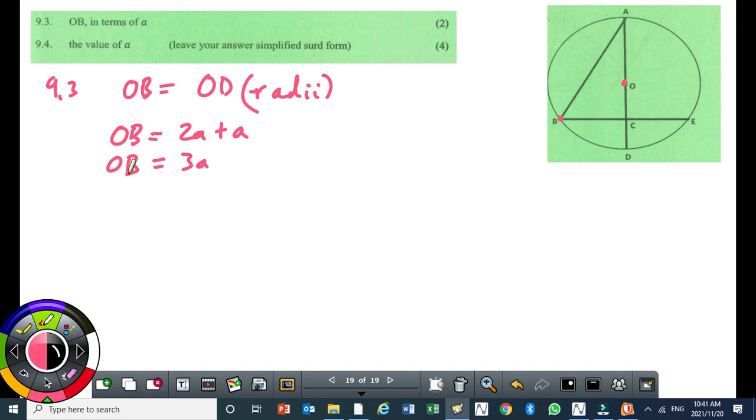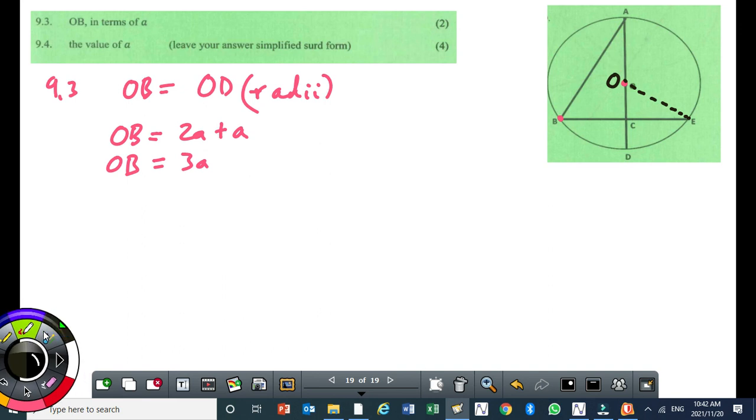Now, this is interesting. To find the value of A, that's a high order question. So you may have to create a right angle triangle. In my case, I'm going to use triangle OCE. Okay? Are you following what I'm doing? To calculate the value of A, you have to identify a right angle triangle and use the theorem of Pythagoras. Don't be scared. So, 9.4, I'll say in triangle